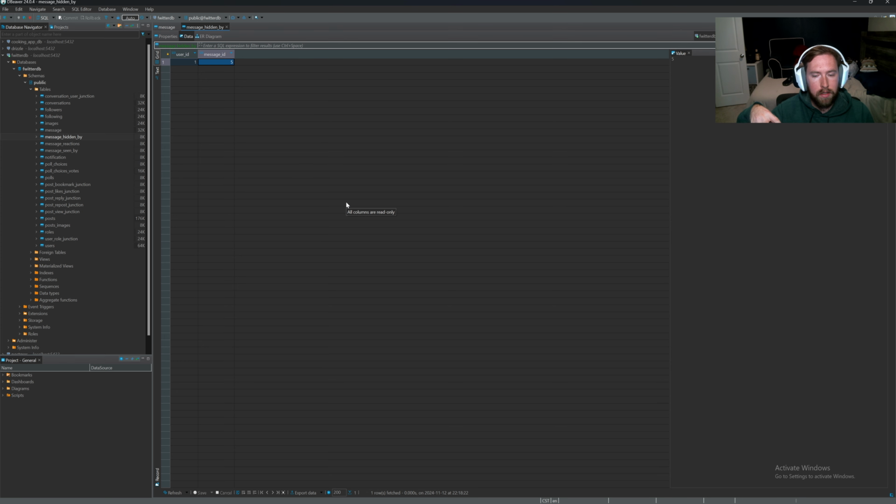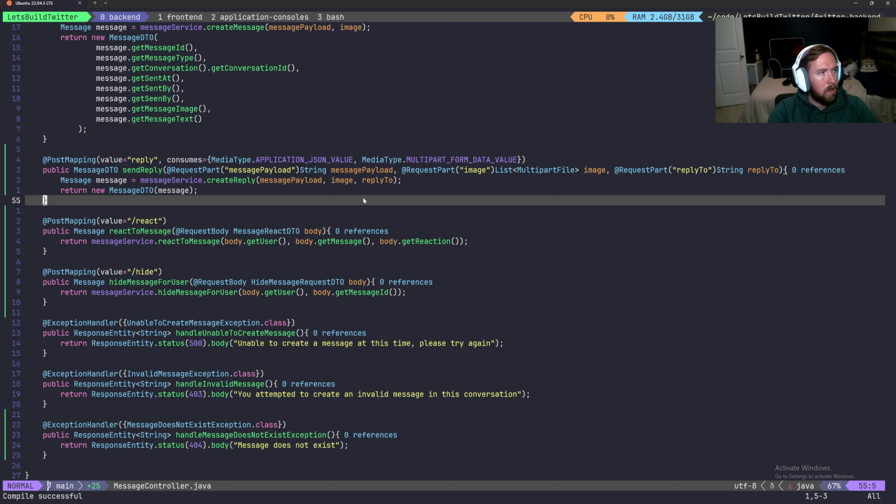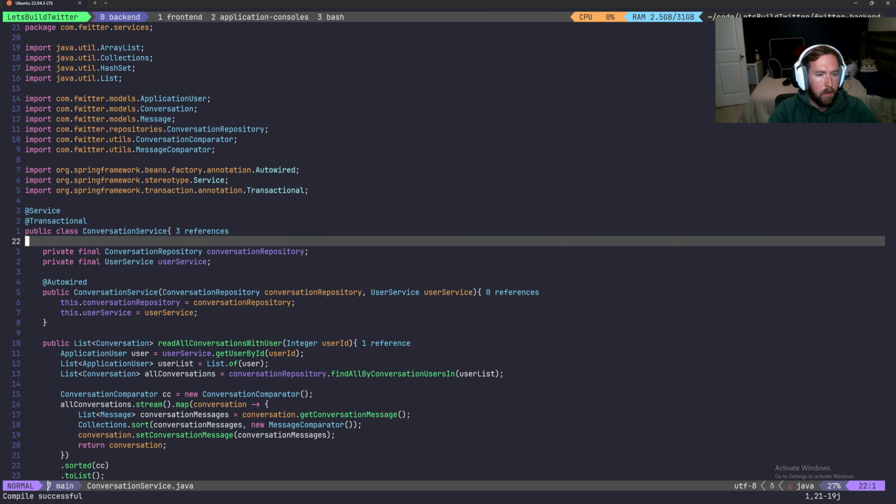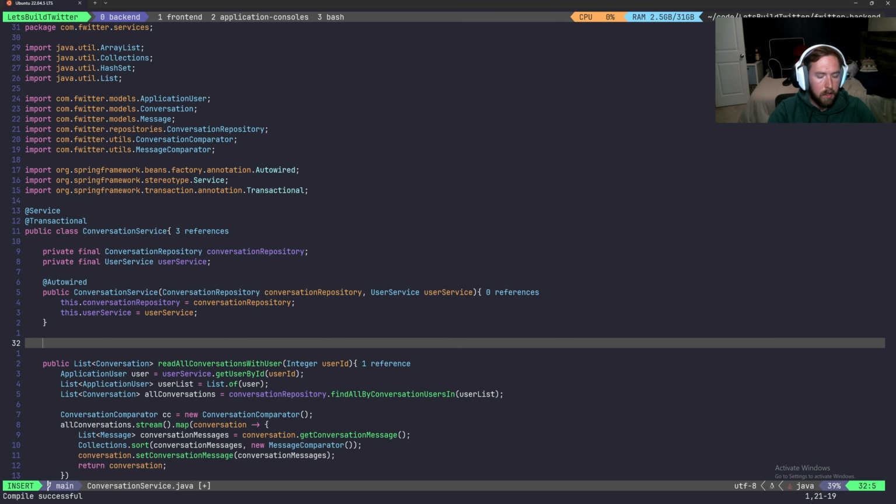We have a few things we need to set up before we can actually read messages. But we'll set up the function to read the messages. So let's hop back into our code and get to work here. Back in our backend, let's hop into our conversation service and set up a function to be able to fetch a conversation by an ID. Let's put it at the top just because that's where I like to put these more general ones. So public conversation find